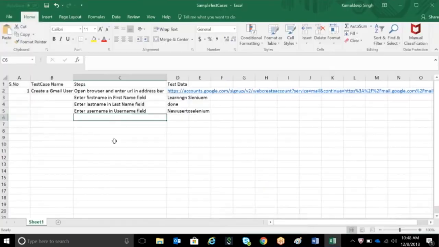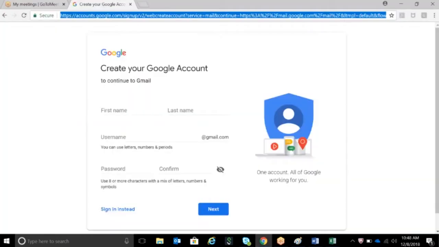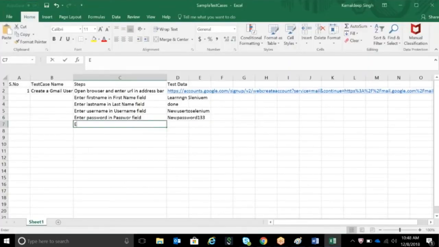Then I'm saying, okay, enter password in password field. Okay. New password 123. Okay. Then I'm saying enter password in confirm field.